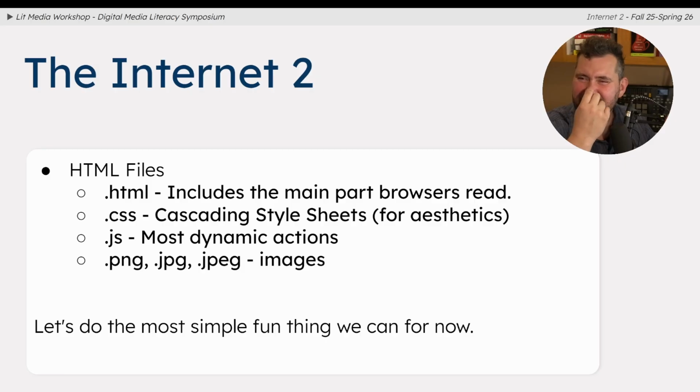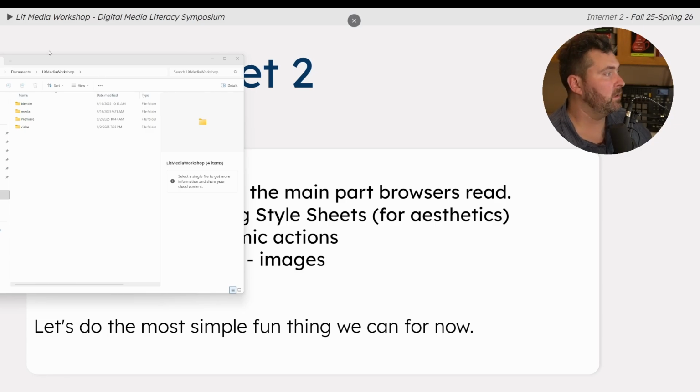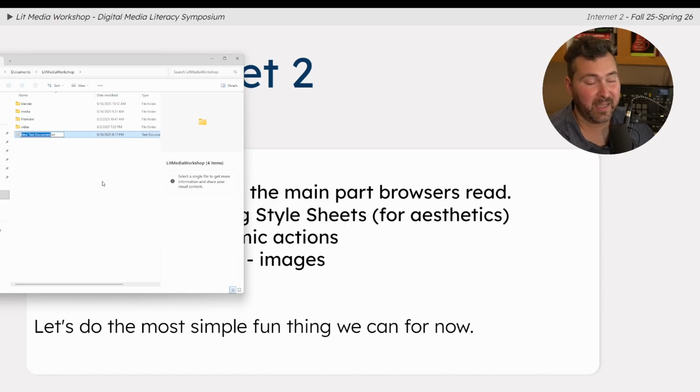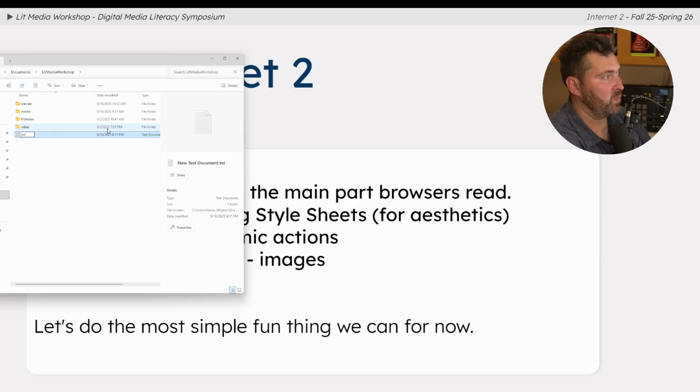It's kind of hypertext-y, except the links are not always there in the same way. You have lots of different files on your computer, and I will show you some on my computer. For example, over here, this is part of my Lit Media Workshop folder that exists on my computer, and it has this thing at the top, which is kind of like a URL, like how you would access that information. I can actually just right-click here and say New Text Document, and I could call it something like this is, or just whatever,